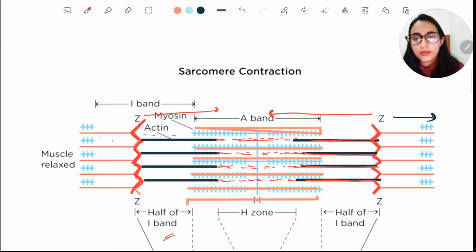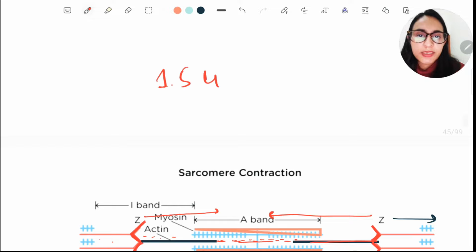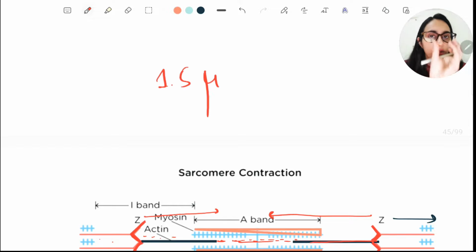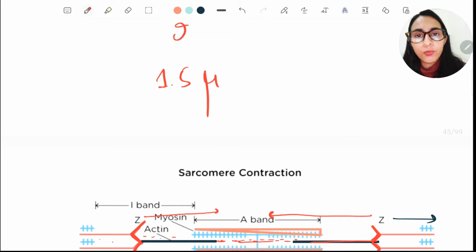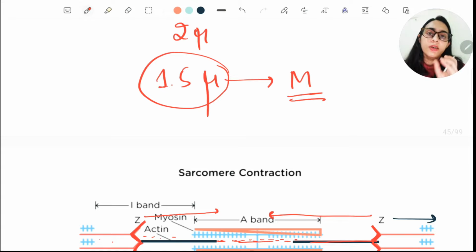Now at the 1.5 micron contraction, the muscle is going to contract, it is going to shorten in length. From 2 microns, when the muscle contraction is 1.5 micron, there is going to be an appearance of the M band, which is present at the center and it becomes dark. We just now talked about the muscle contraction. Now this darkness of the M line, which is related to the contraction of the muscle, is known as the CM